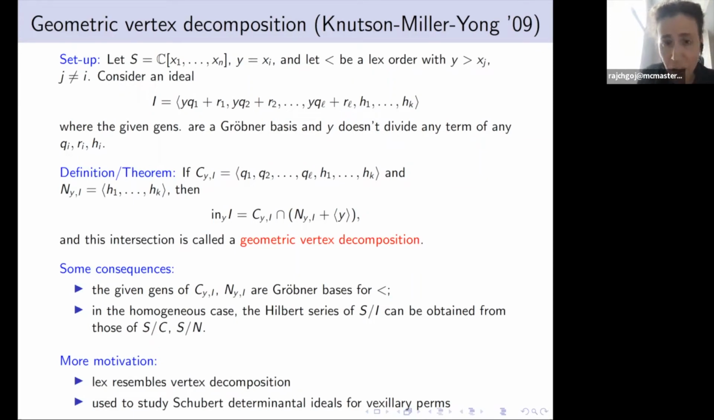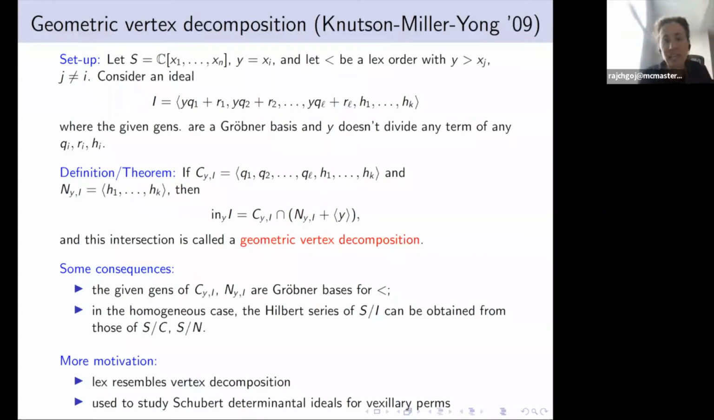And so our setup, which is at the top of the slide, is that we have an ideal which has a Gröbner basis that looks like this. It looks like Y Q1 plus R1, Y Q2 plus R2, etc., and then H1 through HK, where Y doesn't divide any of the Q's, R's, or H's. So we say this is square free in Y. And in that setting, when we have this nice property of being square free in Y, or a Gröbner basis of this form,